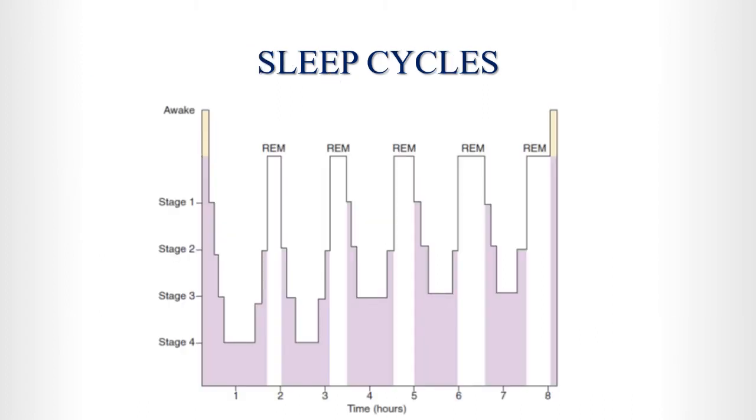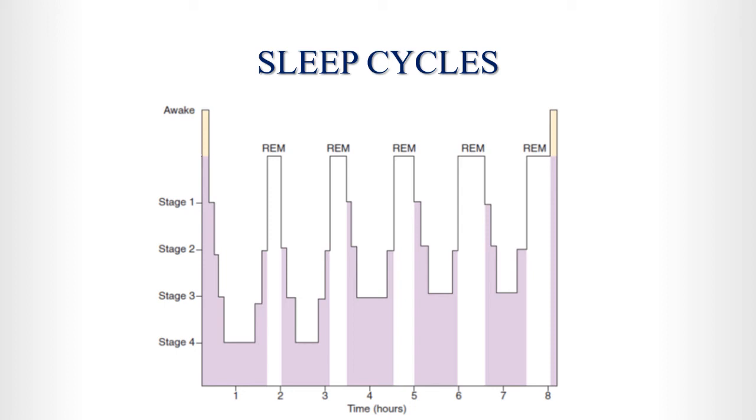Cycles. The EEG pattern recorded during sleep varies in a cyclic fashion, which repeats about every 90 minutes. That is known as sleep cycles. Now, as you can see in the figure, there are 4 to 5 cycles in a normal 6 to 8 hours of sleep. First of all, when a person is awake, then